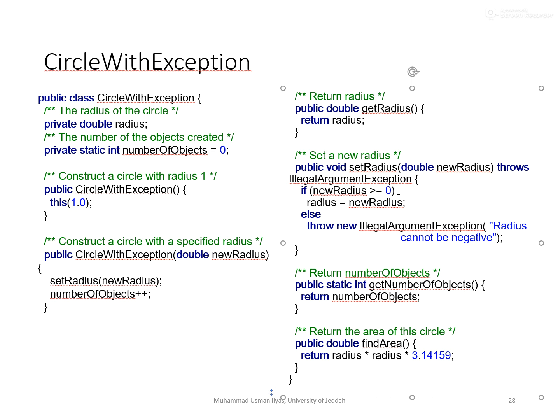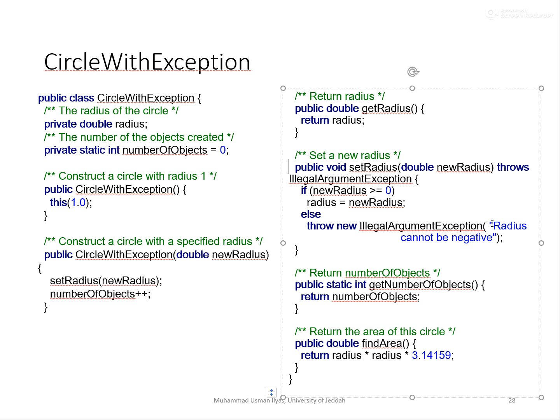It's really just a dot. So what we want to do is make passing a value of radius that is not a positive number illegal,